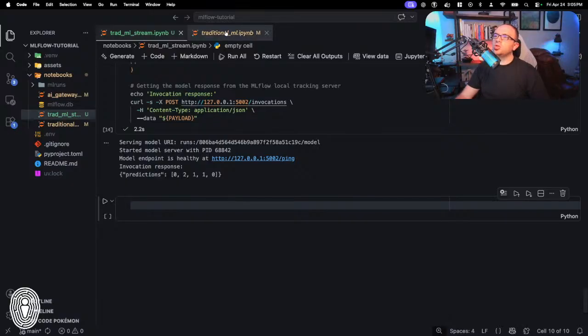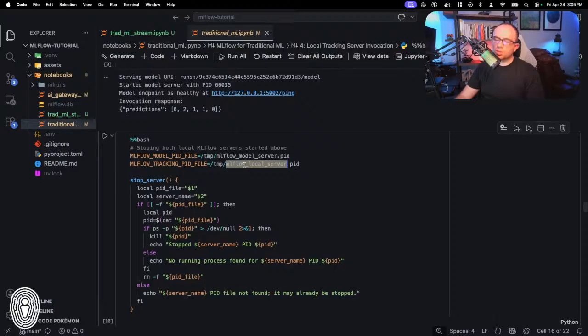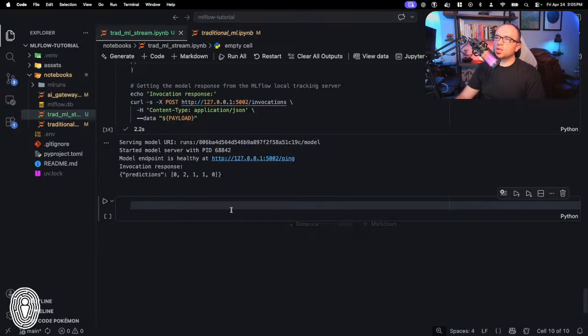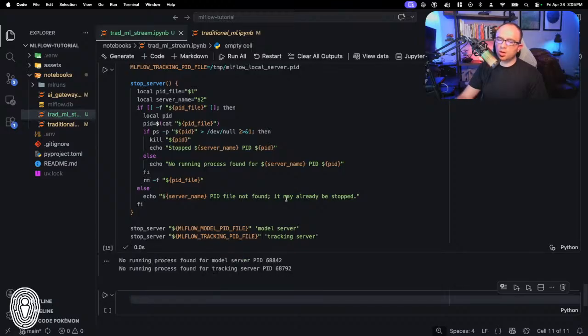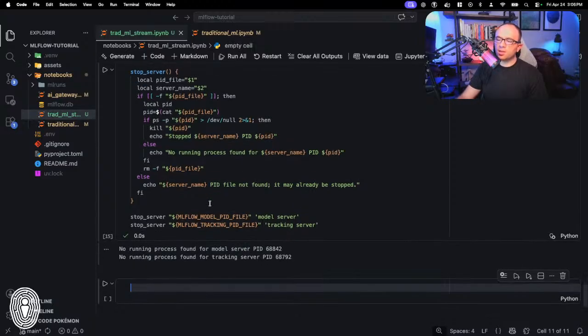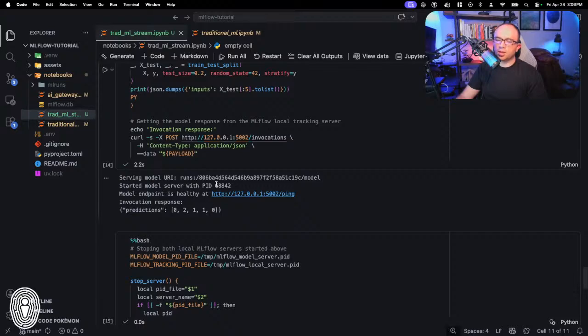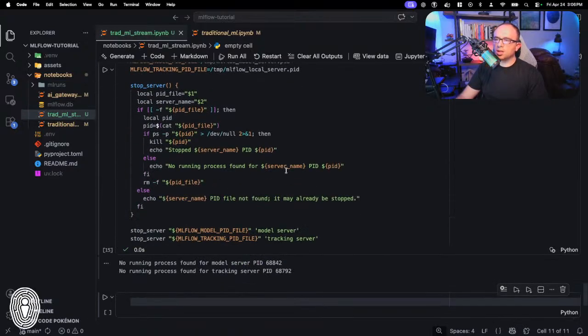Great. So that demonstrates how you can use MLflow to serve out the model as a real-time endpoint and call it. Then, just as a cleanup measure, I'm going to grab this code here. This is just cleanup code, making sure that I'm not leaving anything hanging on any of those port 5000 or 5002s. I'm not going to explain what this code is doing. By default, everything should have been shut down after this cell completed anyway. This is just an extra check, because I've gotten burned before where I accidentally left something running on port 5000 and tried running another thing on port 5000, and it's like, whoa, no, something's already running on port 5000. And so that's why I have this cleanup code here. So we don't need to worry about that so much.